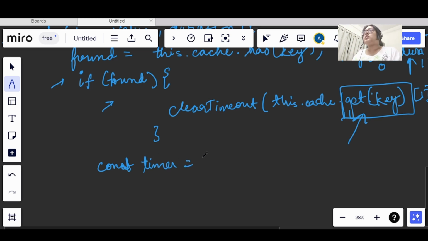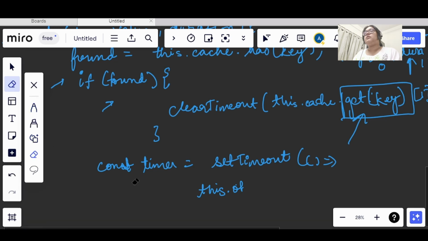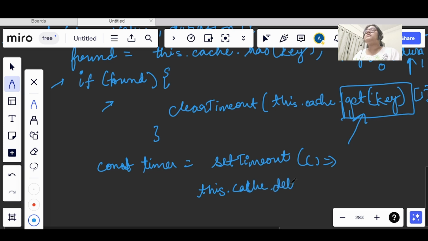So we will use setTimeout, and in setTimeout we will delete the key, this.cache.delete(key), and this will happen after some duration, so we will pass duration here.